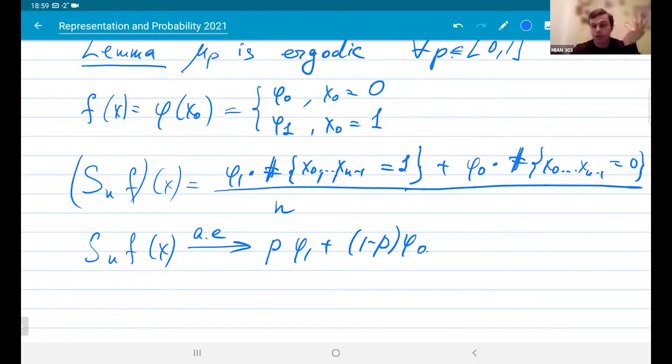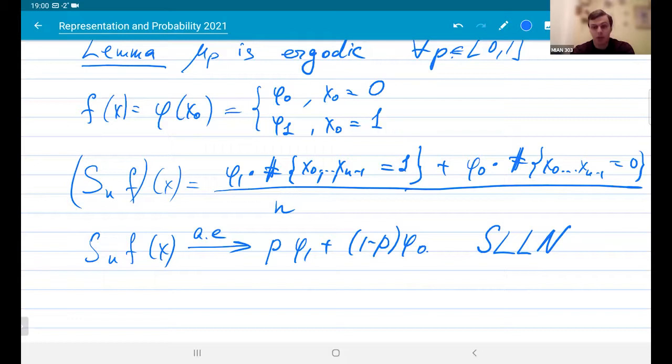And this is, in fact, the simplest case of the law of large numbers. Well, even the strong law of large numbers. In quite a simple situation, you have just a sequence of Bernoulli, so you have just a Bernoulli scheme. On each step, you take not an arbitrary random variable, but just 0, 1 with some probabilities. And then you see that you have this convergence to exactly the usual limit.